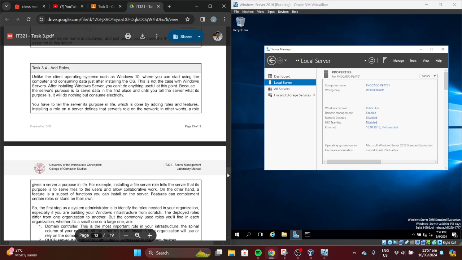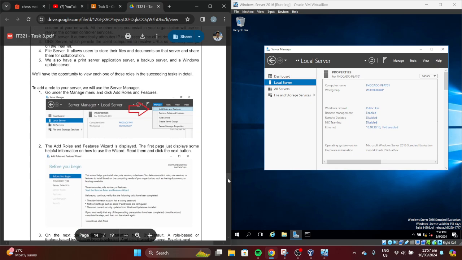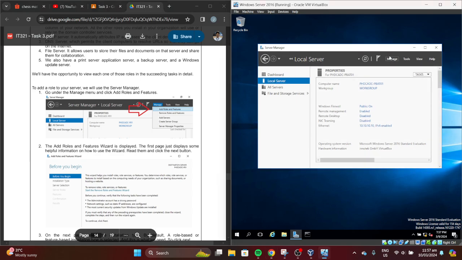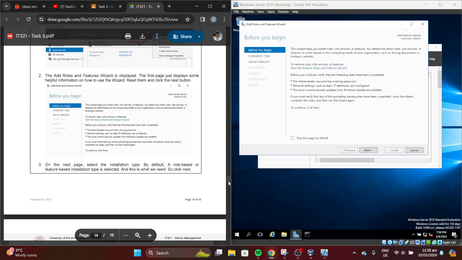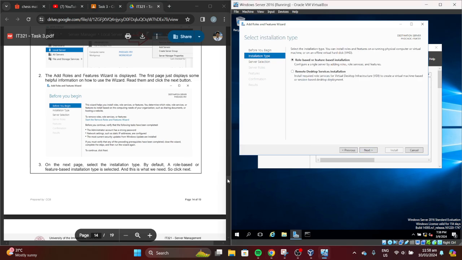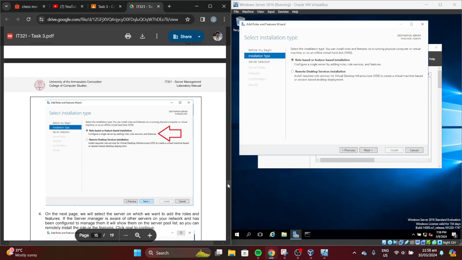So task 3.4, add roles. First, add. Where? Local server, Manage, Add Roles and Features. So in here, Before You Begin, I think just set it up. Role-based or feature-based installation.